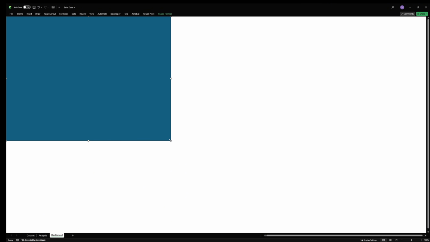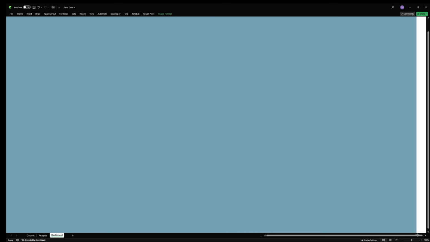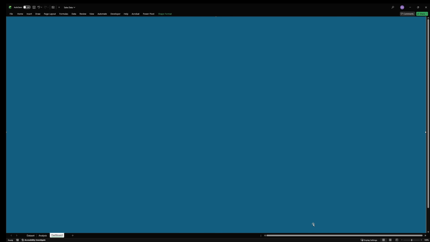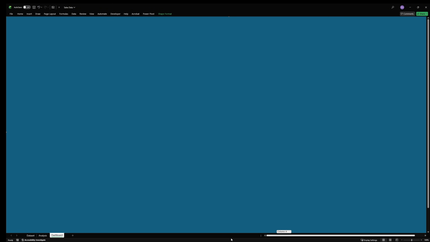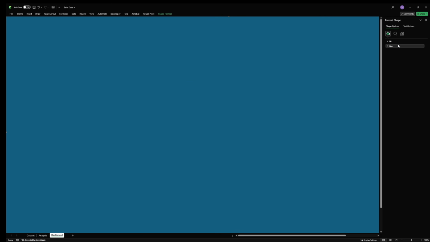I'm using a much larger screen, so when I share the resources with you together with the wireframe, if you don't want to go through the stress of building this from scratch, I'll send you the Excel file, which will also house the wireframe. You can just go there and resize for your own size. So we'll have this, and I'll quickly format this, and we don't want any line. And for the fill,